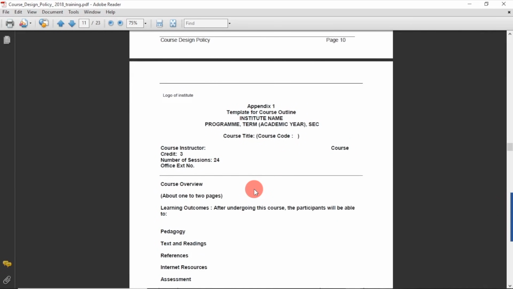Whenever you develop a course outline, it is a contract between a teacher and the student of how you are going to deliver the course. It is not that one fine day we get up, go into the class and deliver anything. Nowadays, teaching has become very scientific, and the student is interested in knowing what you are going to cover in the first class, in the second class, and in the last session, right?